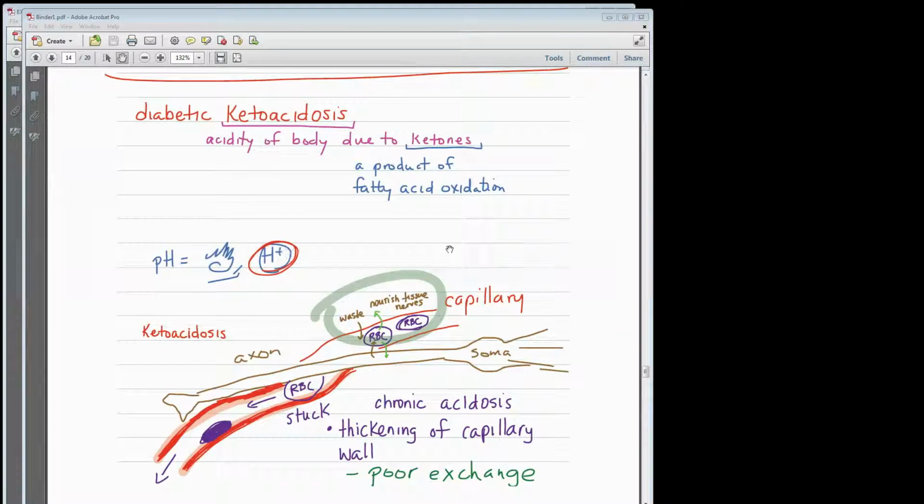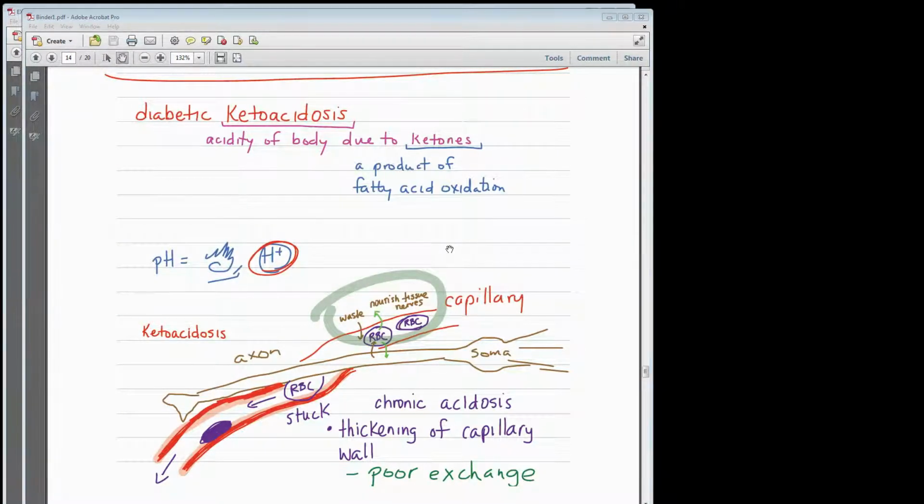Ketoacidosis is when we have a whole bunch of acetoacetate, D-beta-hydroxybutyrate and acetone, and when these are created, we have excess free hydrogens produced. Lots and lots of free hydrogen, hence the ketoacidosis. Lots of hydrogen being produced, flowing throughout the bloodstream. And whenever we have lots of hydrogen and acidity flowing through the bloodstream, this causes a pathway in the blood